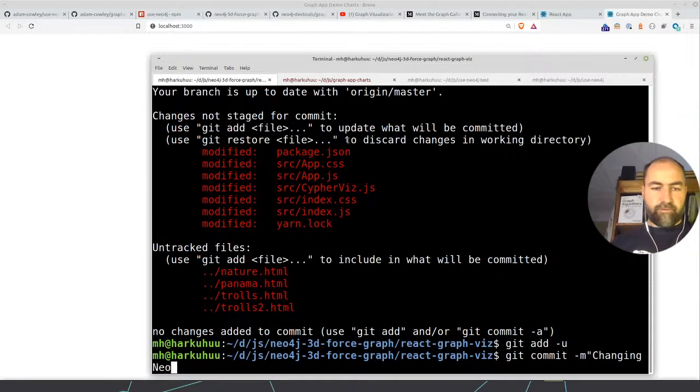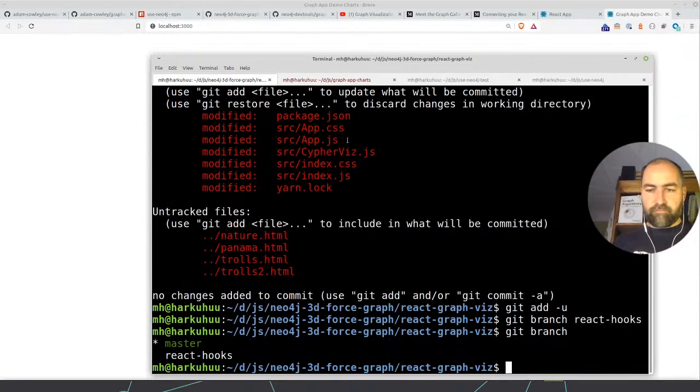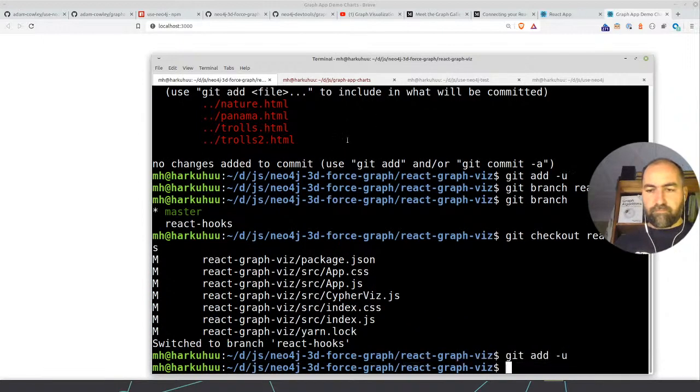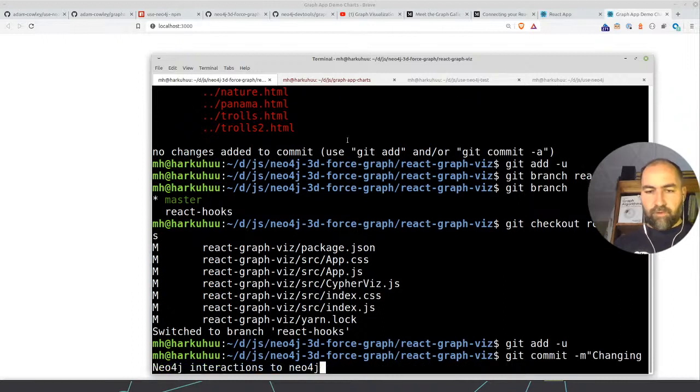Changing Neo4j interactions to git branch react hooks to use Neo4j.